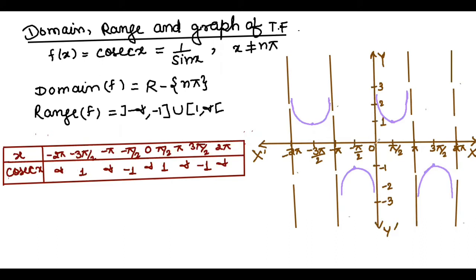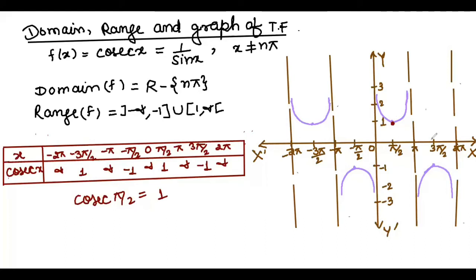You can see at the point cosec of pi by 2, we know that this is 1. So here 1, and after that cosec pi is infinity. For showing infinity, we have used dotted lines. At pi, cosec is infinity, 2 pi also infinity, then -pi infinity, and then -2 pi infinity. So dotted lines, and cosec pi by 2 is 1, then cosec pi is infinity.